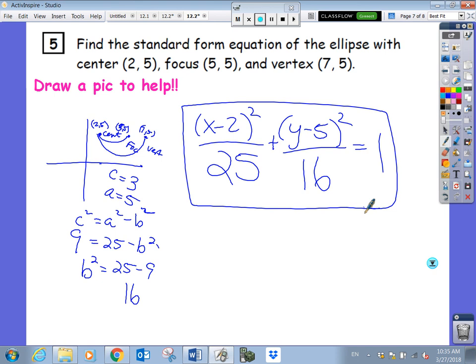Now, if you wanted to subtract 25 and get negative 16 equals negative b squared and then divide by negative 1, it's the same thing. Okay? You get the exact same answer. All right, so that is